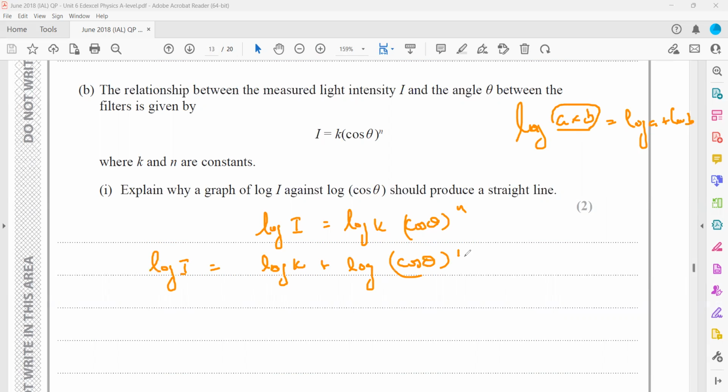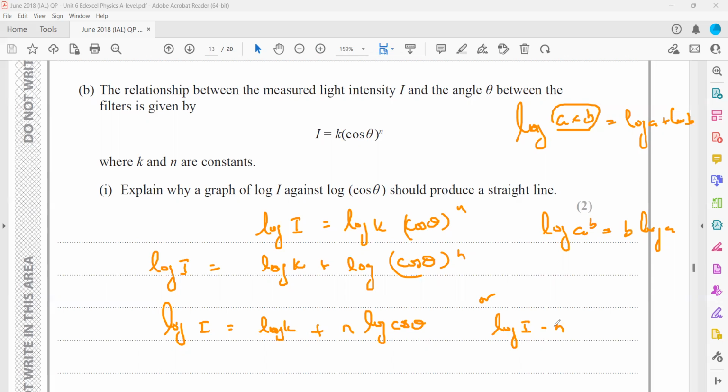cos theta to the power n. And if log a raised to power b is there, how do we write it? We write b log a, like that it becomes a coefficient. So it will be log I equals log k plus n log cos theta. If we rearrange the equation, we can say log I equals n log cos theta plus log k. And when we compare with the equation of a straight line,